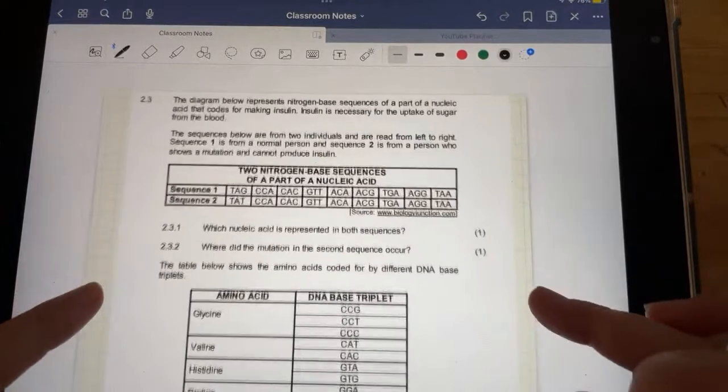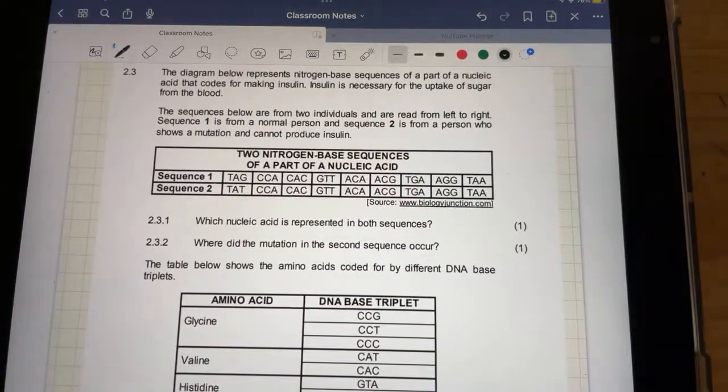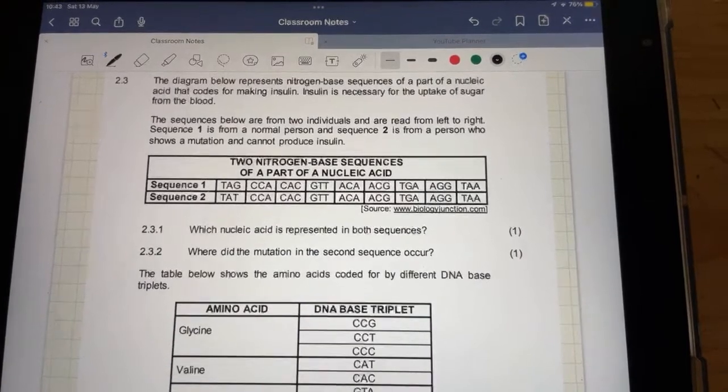Okay. Right, I'm just going to leave the DNA question. This is DNA and translation and transcription and mutations all at the same time. So I'm pretty sure you want to see me do this one. I'm quickly going to look at the chat.